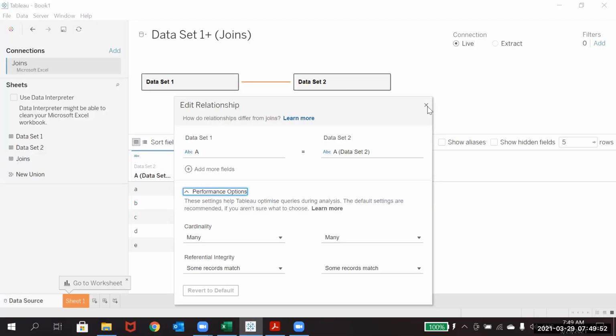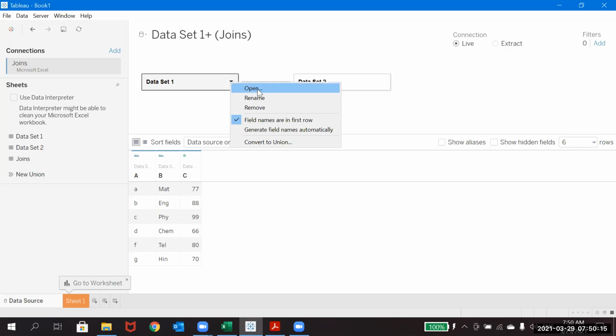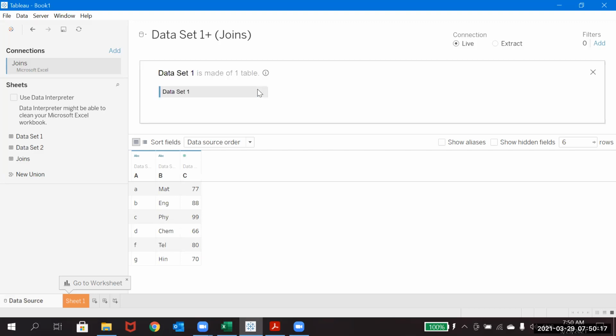here, if you see, it was showing the relationships. So how do relationships differ from joins? If you do a quick check, you will understand how that works. But generally, it does what the inner join and such things do. So now, what I'll be doing is, let me click on this. Now I'll do the join here. Actually, the join we can perform here.